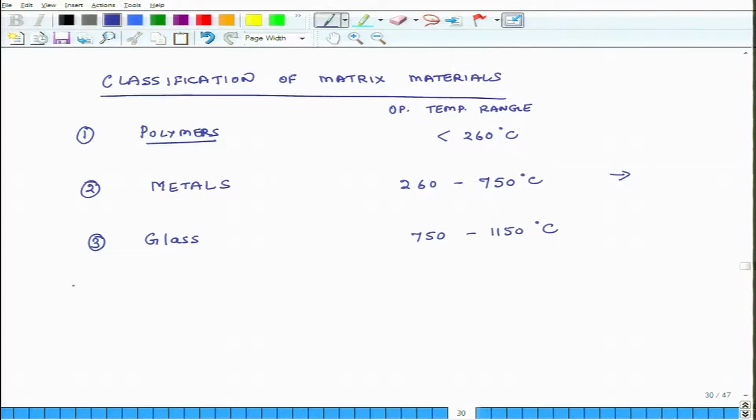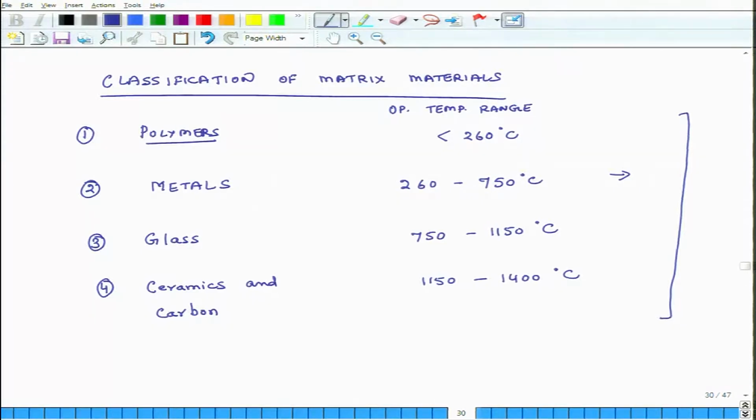And then finally, you have ceramics and carbon. So, this can go from 1150 to 1400 degrees centigrade. Okay. So, these are different classes of matrices and we have classified based on their operating